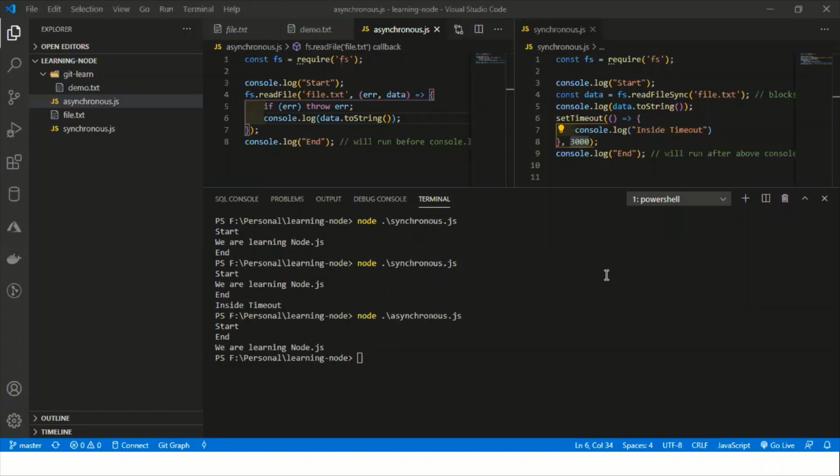Okay, sir. Prior to running the code, can we judge whether a particular section will be executed after another? In synchronous code, you have taught that some code may take time. Can we judge whether this will take more time in comparison to this particular section prior to running the code? Yes, there are some common things which take time, and Node.js skips those, adds them to a queue, and